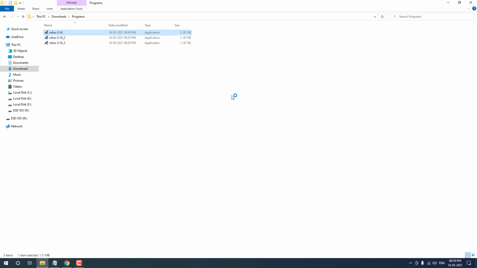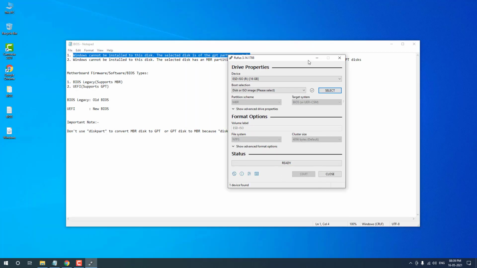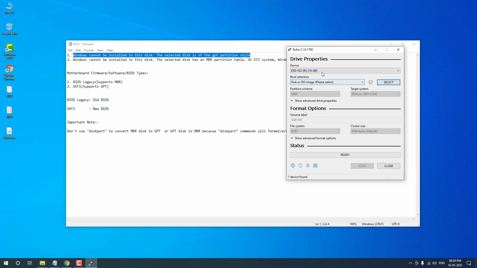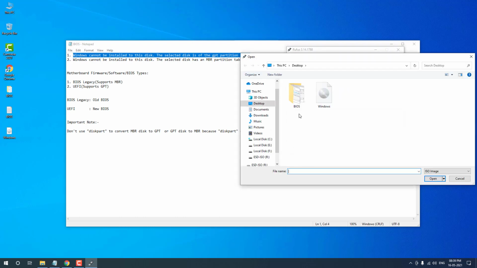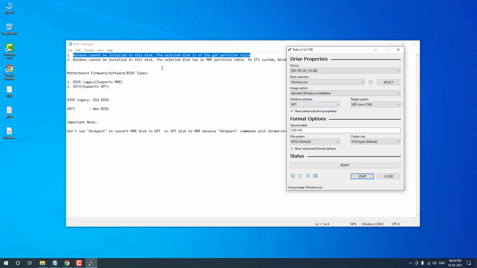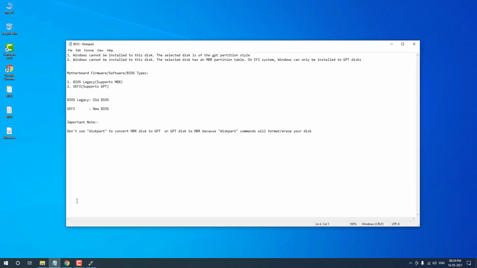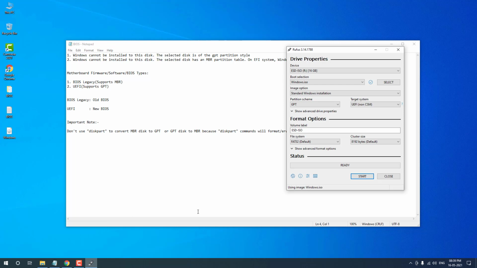Now I'm going to open the Rufus software. If the first error is shown, it means the selected disk is GPT and you are trying to install Windows using the MBR method. So choose the partition scheme as GPT.